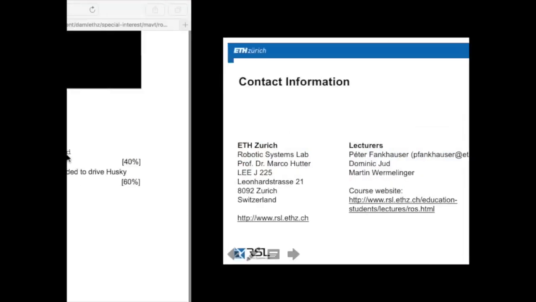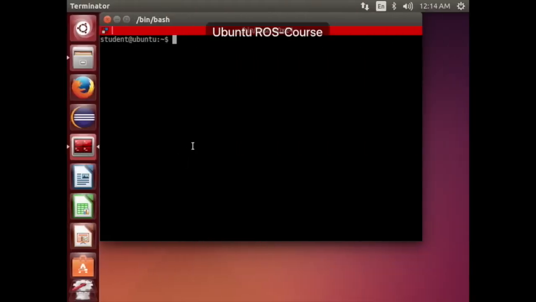I'll quickly take you through the exercise. I already prepared that launch file. Now Peter explained to you that you can start a launch file by typing roslaunch, the package name, and then the launch file. But you can also directly start the launch file without the package name, because now you're going to write the launch file, but you don't have a package where you can put the launch file, right? So you can just create the launch file anywhere in your PC, and then type roslaunch,